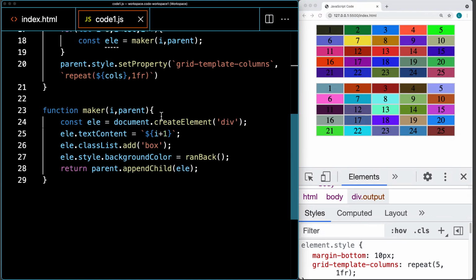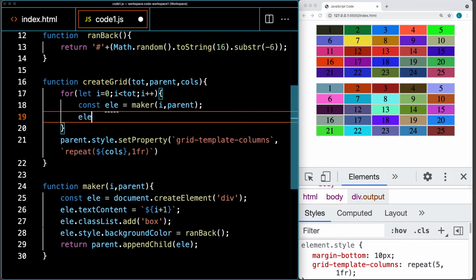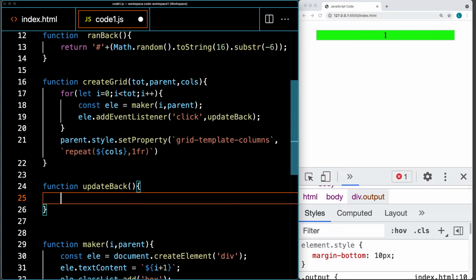So let's make them a little bit more dynamic, where the elements on the page, make them clickable. And we can do this as a separate step. We'll add an event listener, and the event is going to be click. And we'll run a function called update back. And within this function, the update back function